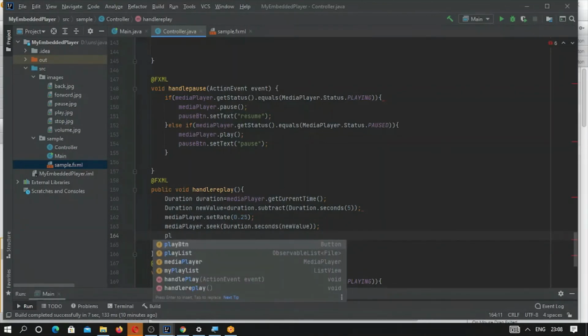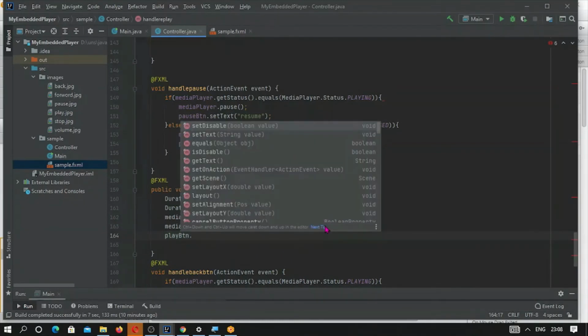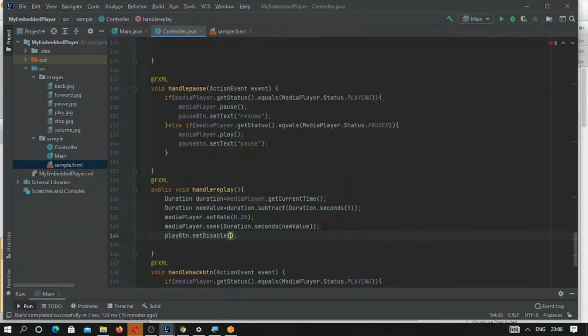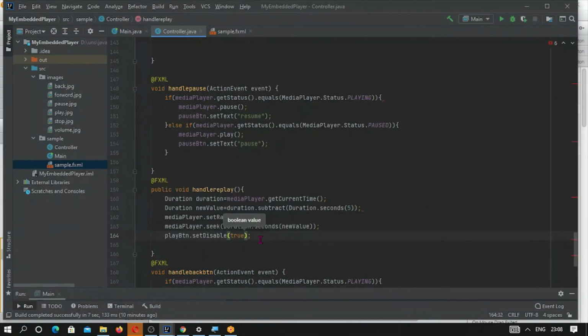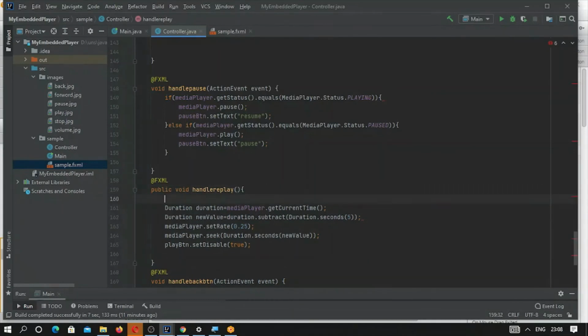disable the play button. If we are pressing the replay button for the first time, it should disable, and the next time it should be enabled. So how can we check? We can check by the rate. If the rate is 1, it means it is playing.